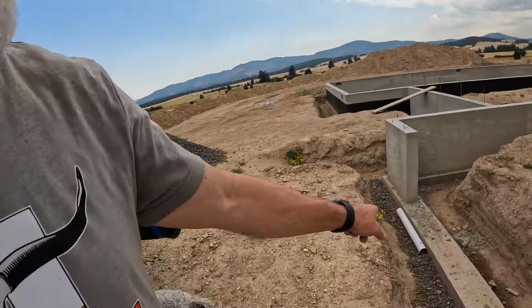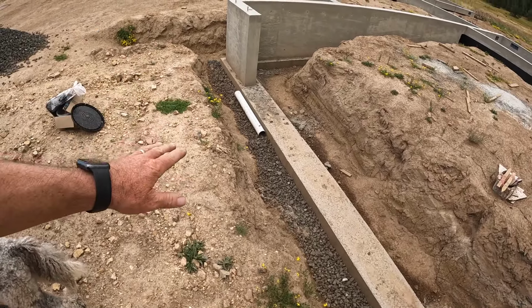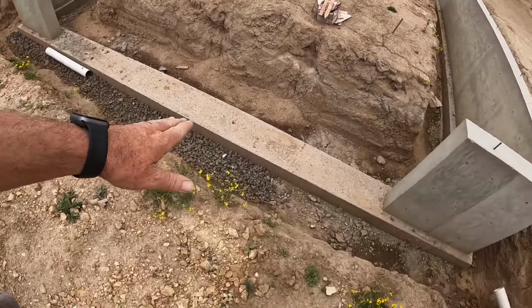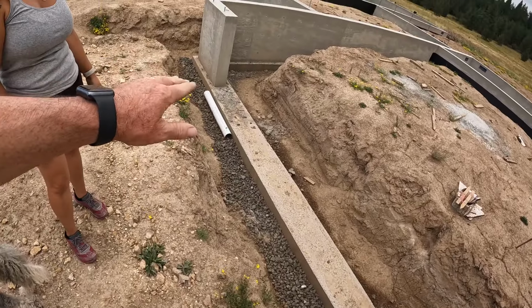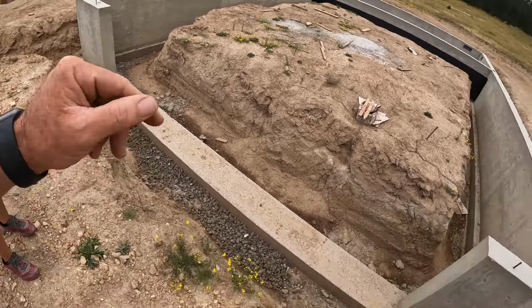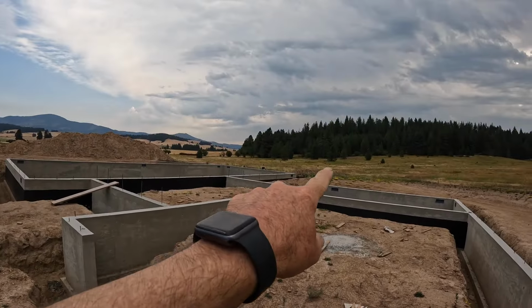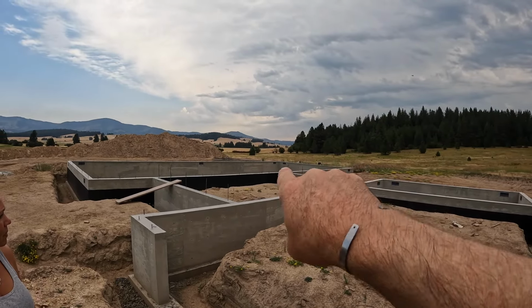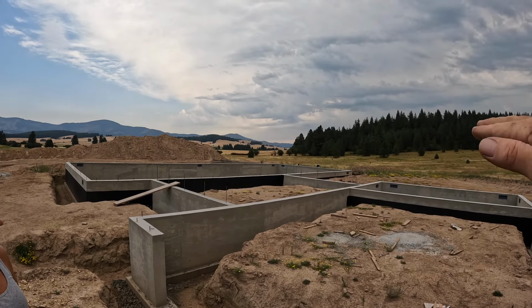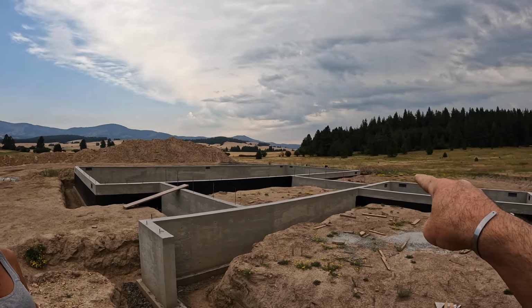But what we want to start today is our drain tile around the house. I have a chunk of pipe just to give us a gauge. Basically I'm going to layer gravel down to where that pipe is flush with the top of our footing, and we'll do that all the way around until we get to that back corner where it's going to daylight out. That run that goes from the inside of the dog trot to the trench that runs out